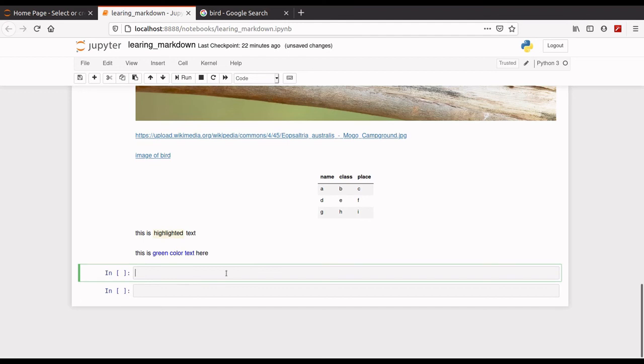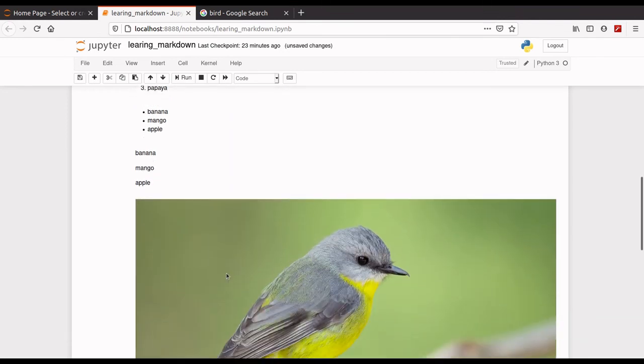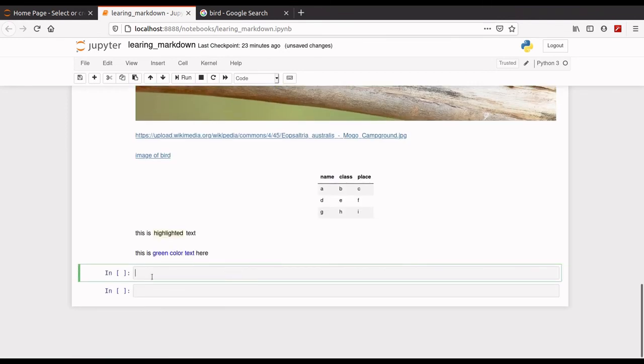Now let's see how we can use colored boxes, because in many blogs we see that people use colored boxes. How do they use them? Let's see. Now this is looking fine. Now let's see about colored boxes. To make a colored box, you have to use a div tag.